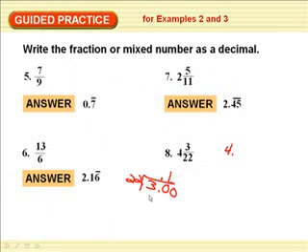22 goes into 30 once, which is an 8. Bring down the 0. 22 goes into 80. 4 times 20 is 8, so it's got to be 3, which is 66. 14. Add a 0. Bring it down. 22 goes into